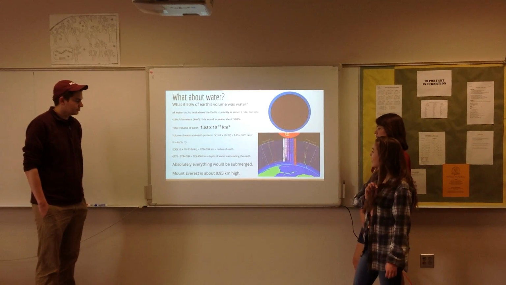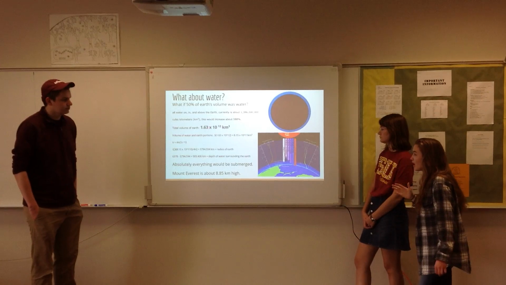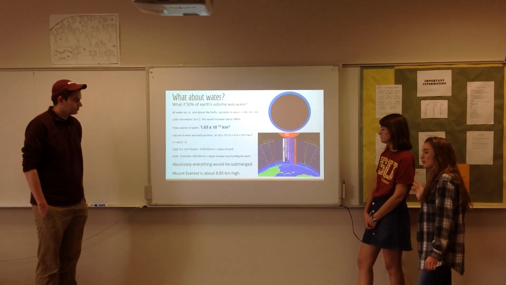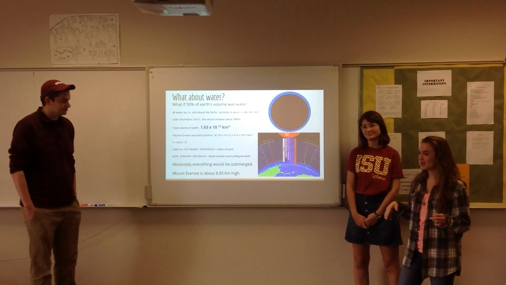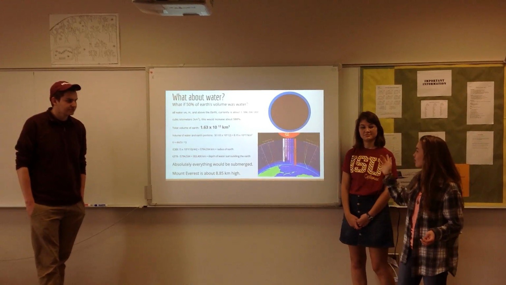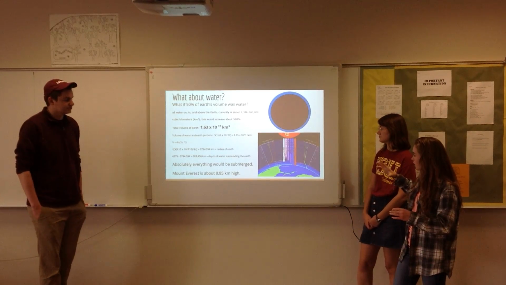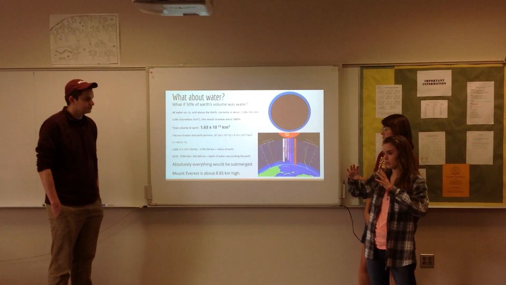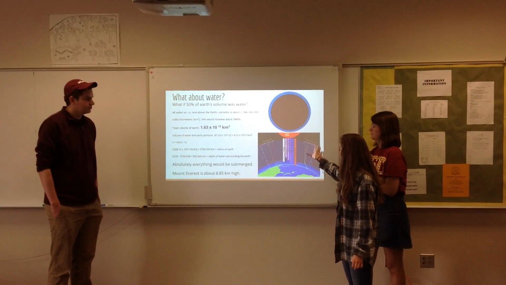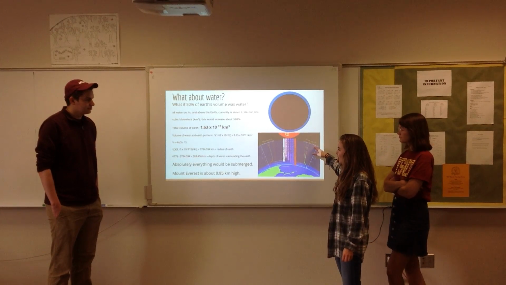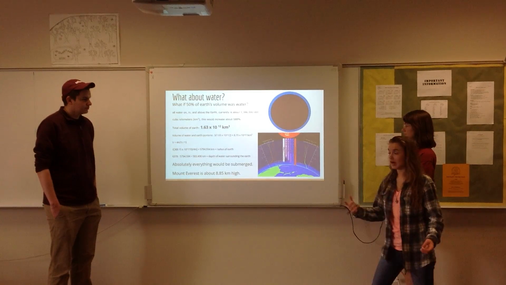And in doing that, I found that the water would completely surround the Earth, and it would be about 583 kilometers deep. To put that in perspective, Mount Everest is only about 9 kilometers, so that would be an insanely large amount of water around the entire Earth. It would be like taking the Earth as it is now and shrinking it a little bit and putting water around it. The atmosphere is only about 600 kilometers high, so that would almost be putting water all the way up to the top of the atmosphere, the way it is now on the Earth.